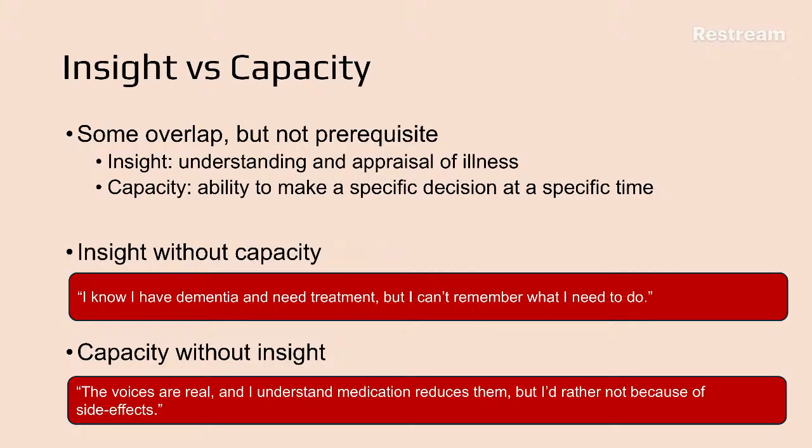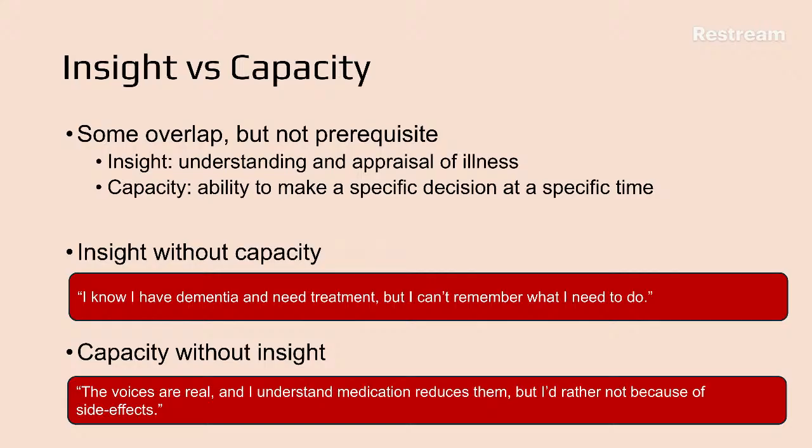How much insight does the patient have into their illness? Whereas capacity is this physician-specific thing where you're trying to determine whether the patient can make a specific decision at a specific time. And the key word here is specific, right? So for instance, you can have insight without capacity in that I know I have dementia and I need treatment, but I can't remember what I need to do. So this patient has insight, but doesn't have capacity to make decisions about their treatment because they can't retain that